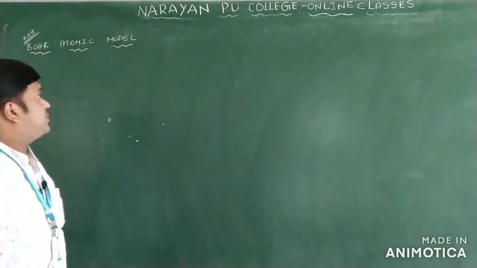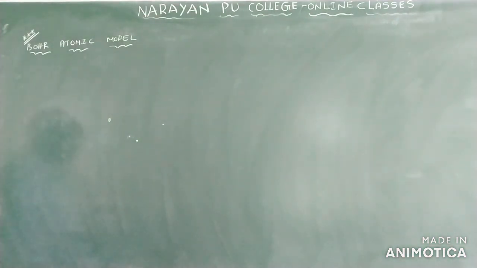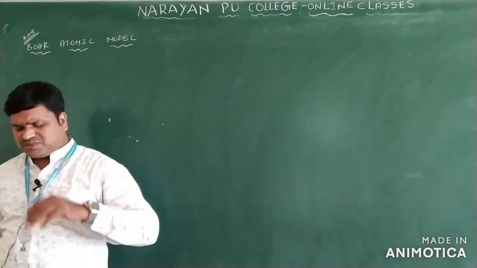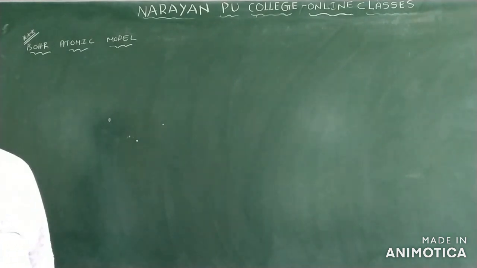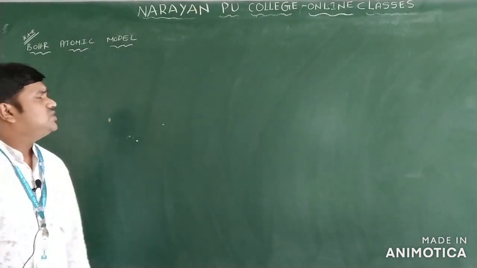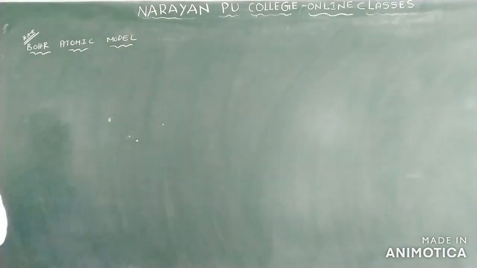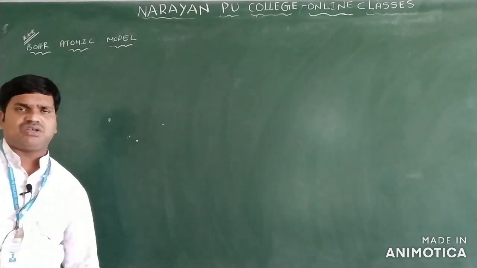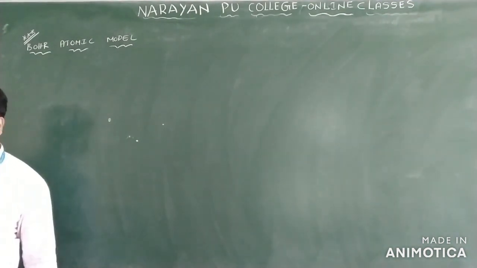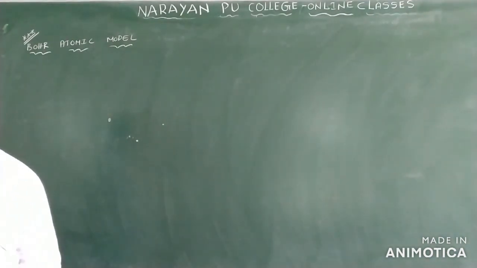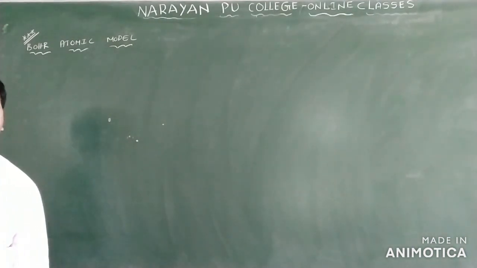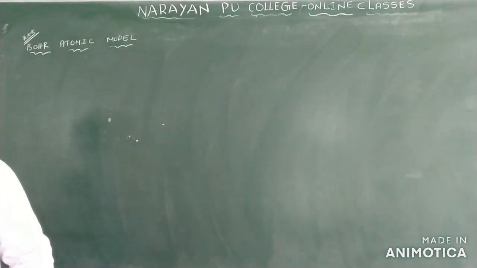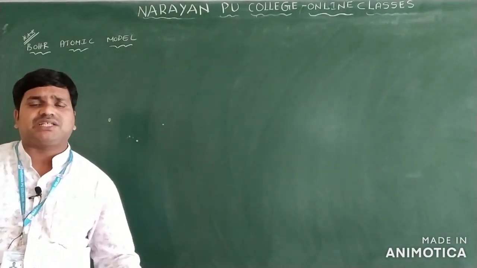So the next topic is the Bohr atomic model, very important for both the exam and objective purposes. Various concepts are there in this Bohr model: Bohr radius, Bohr energy, Bohr velocity. We have different concepts, we will discuss. So first of all, you can see here the Bohr atomic model. Bohr first explained the quantitative general aspects of the hydrogen atom. He explained the structure and the spectrum of the hydrogen atom only. Bohr quantitatively explained the general features of the hydrogen atom, like the structure and spectrum.